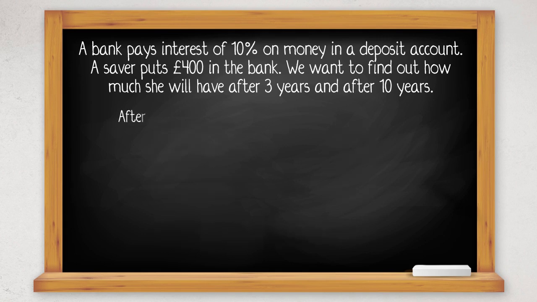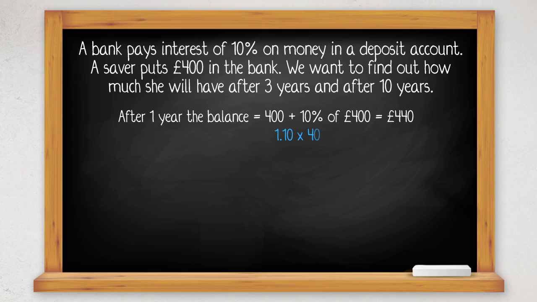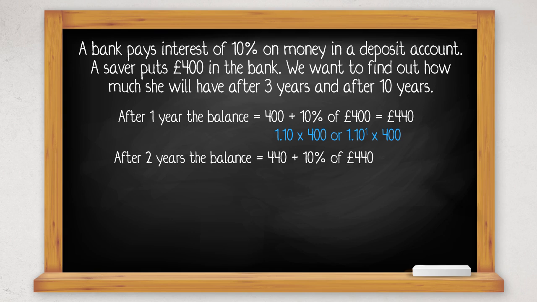After 1 year, the balance equals 400 plus 10% of £400 equals £440. Another way to calculate this is 1.10 times 400. After 2 years, the balance equals 440 plus 10% of 440 equals £484. Another way to calculate this is to multiply the balance at the start of the second year, which is the end of the first year, by another 1.10, which is 1.10 times 1.10 times 400, or 1.10 to the power